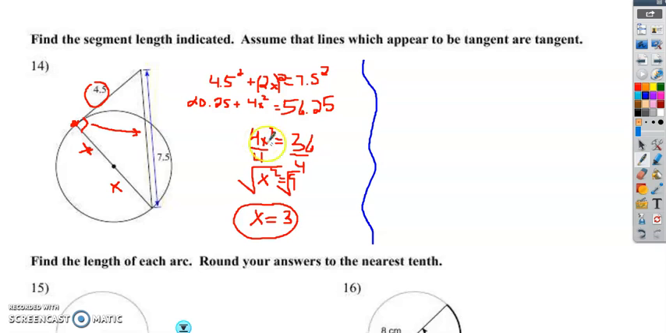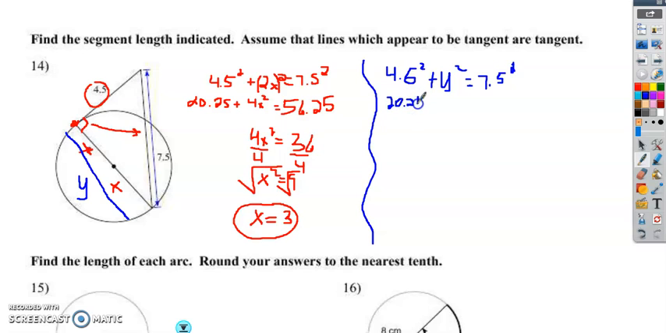All right, I do want to show you a second approach that you could take. Instead of using x, you could maybe think of this whole side as being y. So your setup is going to be similar, but a slight variation on it. 4.5 squared plus y squared is going to be equal to 7.5 squared. Okay, so then once you get to 20.25, I'll try to scribble that in here for you,